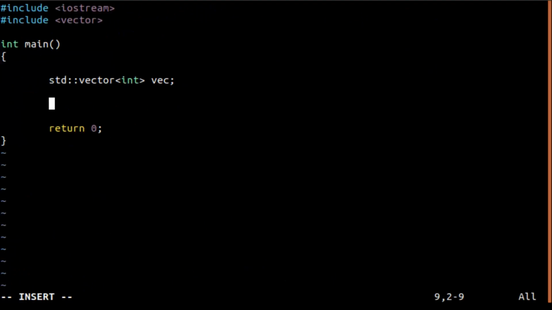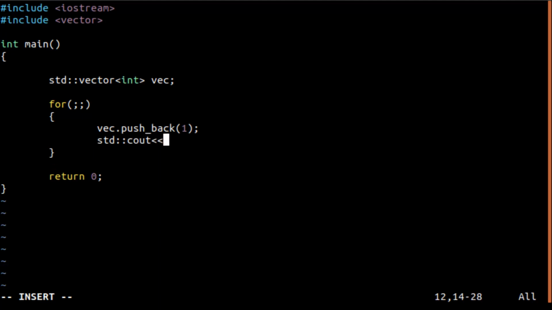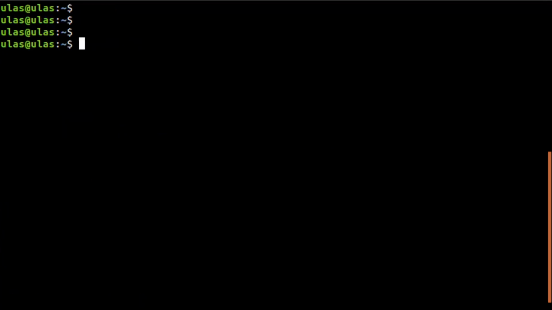As we talked before, we can see the size of the vector with the size method. But there is also the capacity method that we have to talk about. Capacity and size are not actually the same thing. When you push new things to the vector, size is increased according to how many elements you push, but the capacity is increased by a factor of 2. And this is not correct every time. The vector,